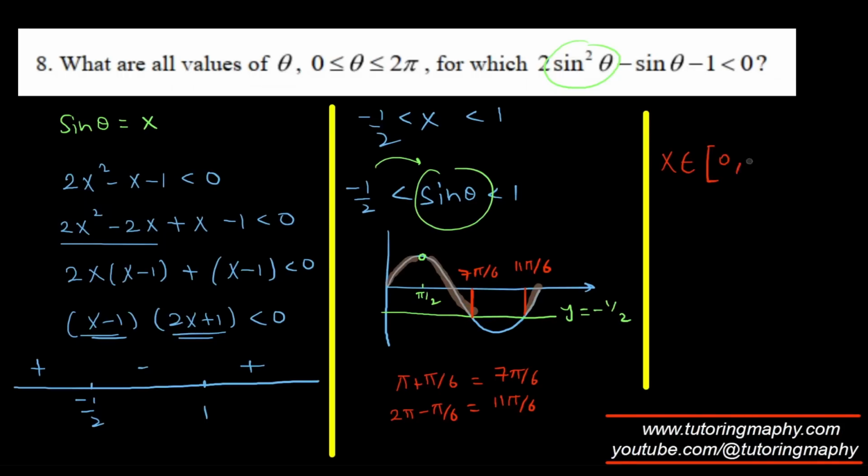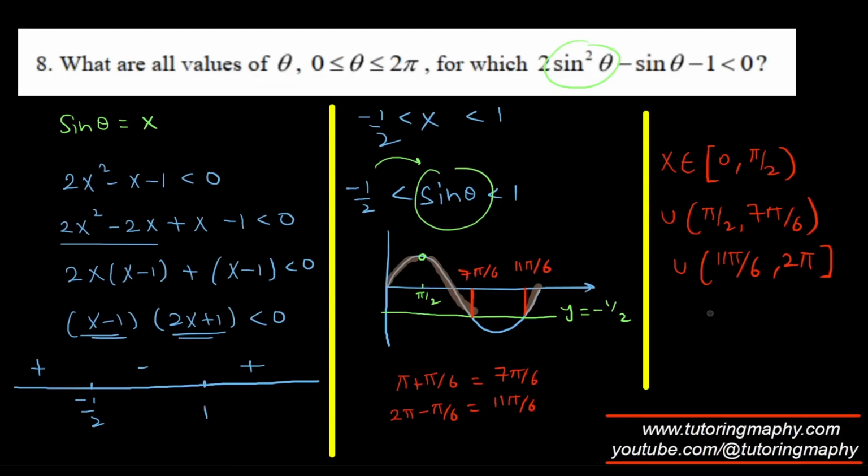0 should be allowed. And then we have to break at pi over 2, because pi over 2 is not allowed. Union pi over 2 to 7 pi over 6. 7 pi over 6 is not allowed. And then again union, 11 pi over 6 is not allowed, but 2 pi is definitely allowed. So this will be a closed parenthesis. So this is how we'll write our answer in the